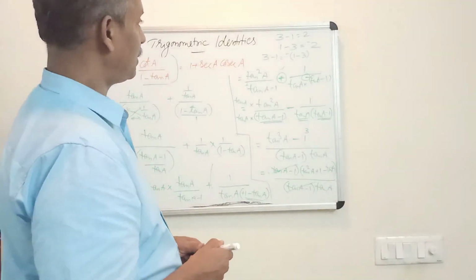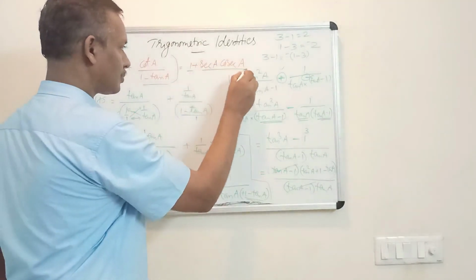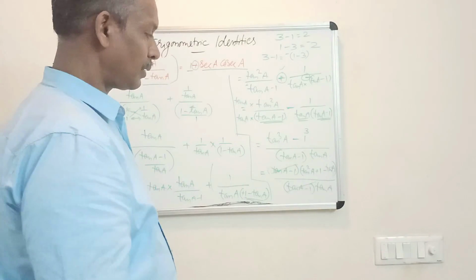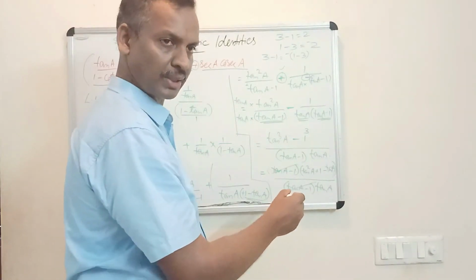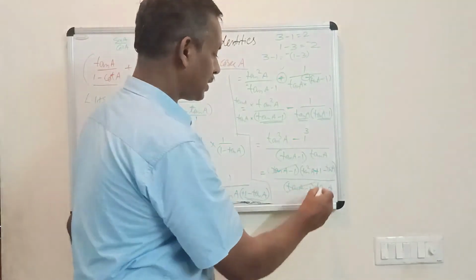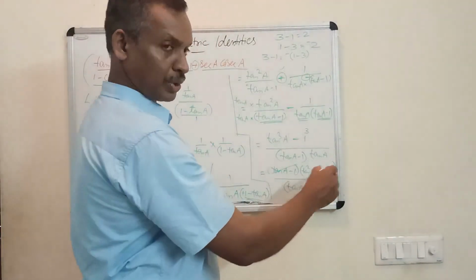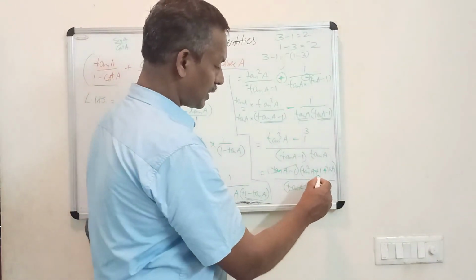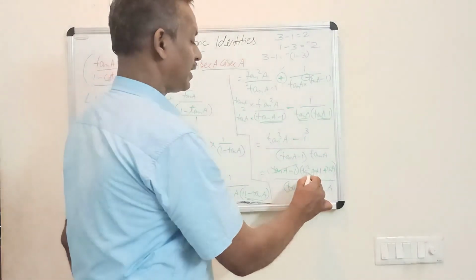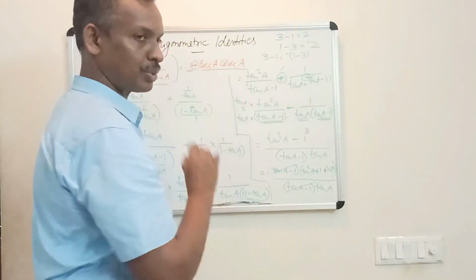And now you have to look here. We need the answer in how many terms? We need the answer in 2 terms. Only 1 plus is here. But when we go here, it has plus 1. Okay, here is a plus sign. When we go here, this is tan square plus 1 and plus tan A. So it has 3 terms. But we need only 2 terms.